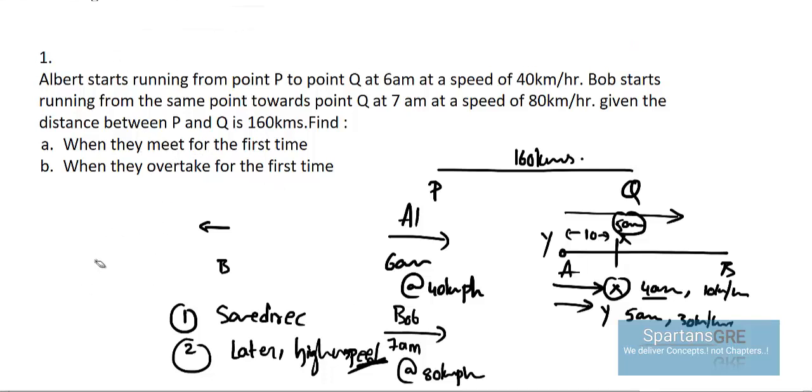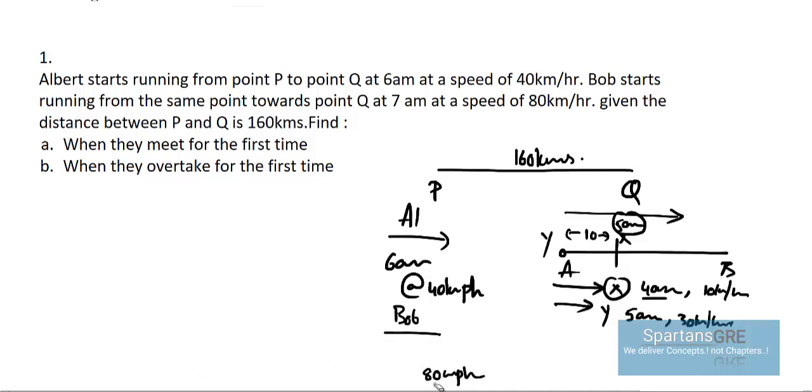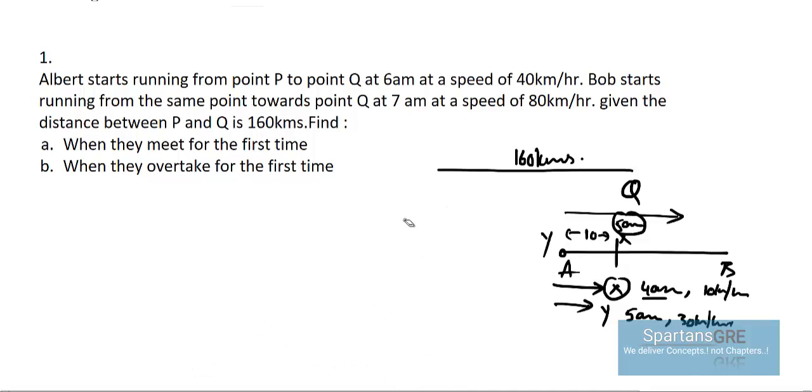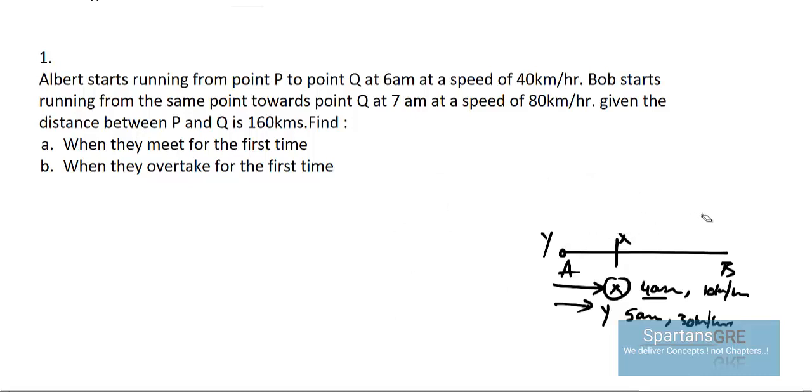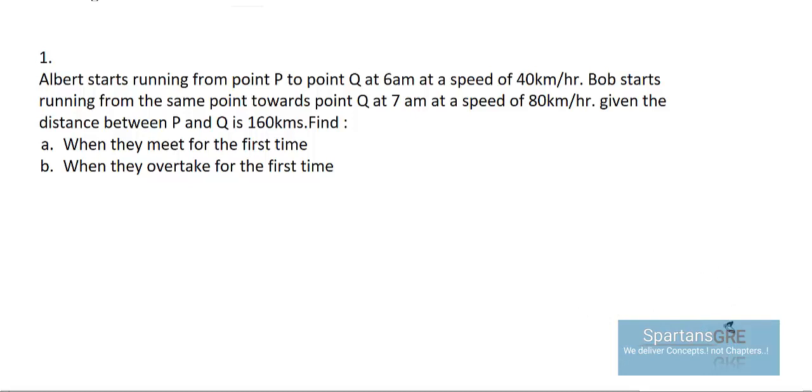So understanding this basic difference is very much important to solve the questions. You should know what is meeting, what is overtake. So you should observe what they are asking in your exam. If they are asking meeting, that is different. Overtake, you will get a different answer. What about interaction? Interaction will be meeting or overtake. So if they ask how many interactions happen, you have to find the number of interactions, which means it will be both